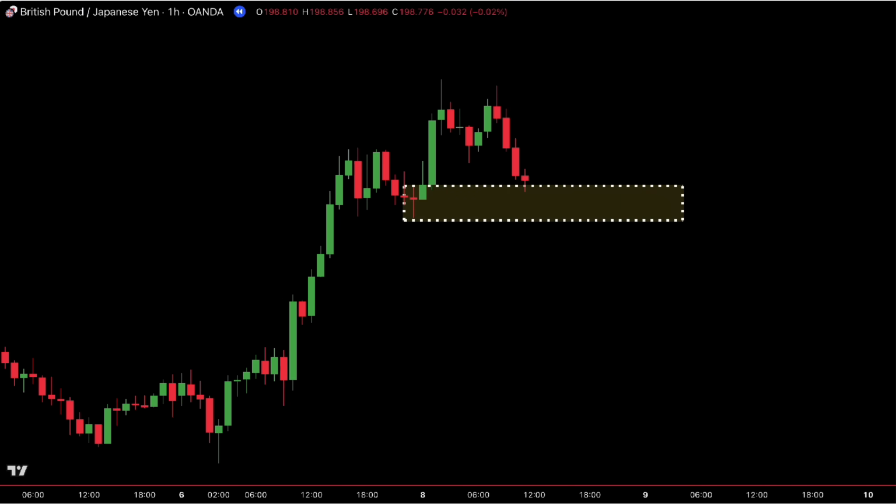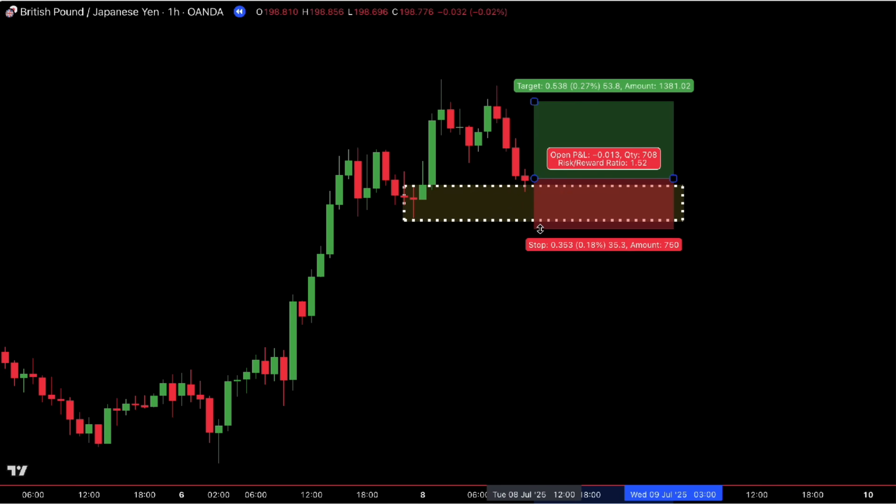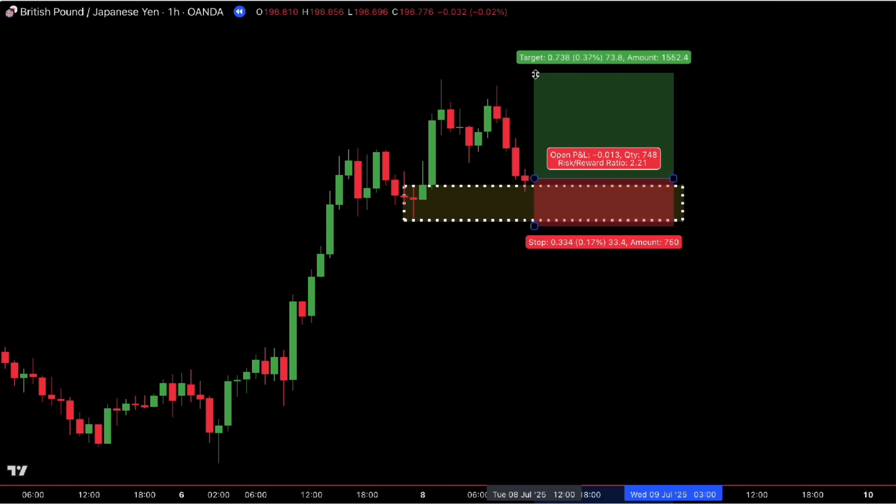With that confirmation, we go back to the hourly chart and set up the trade. Entry at the close of the pin bar signal. Stop loss just below the wick of the order block. Target set for a minimum of 2-to-1 reward to risk. And from here, it's simple. Set the trade and let the market do its thing. In this case, price reacts beautifully, respects the order block, and hits our target, giving us a solid reward to